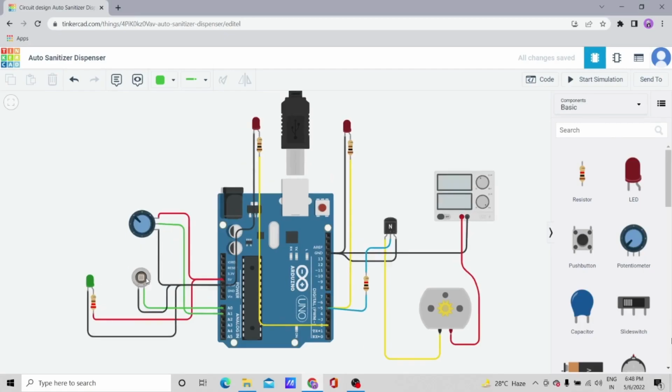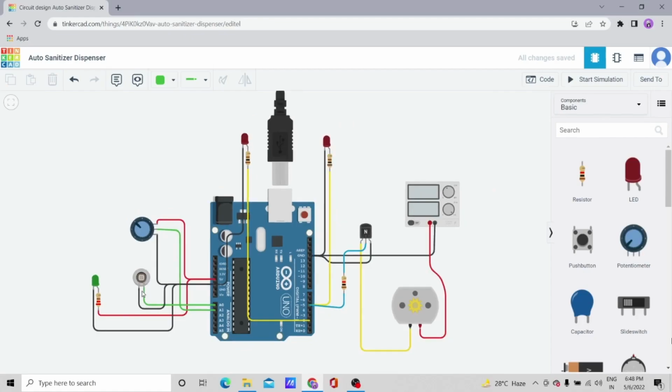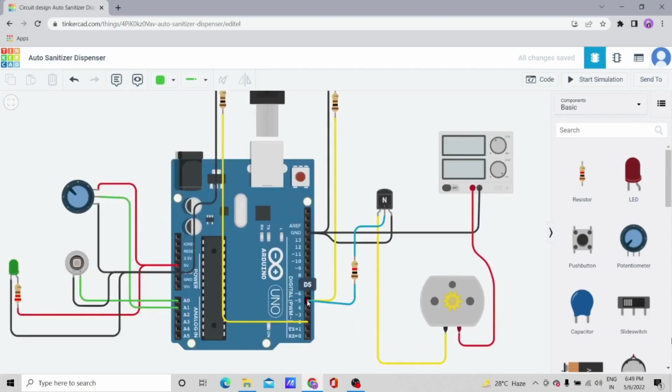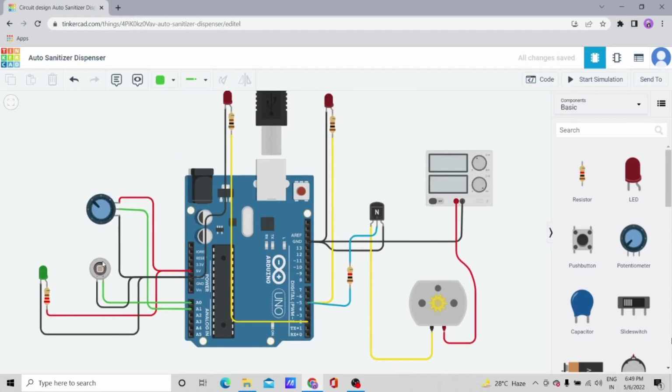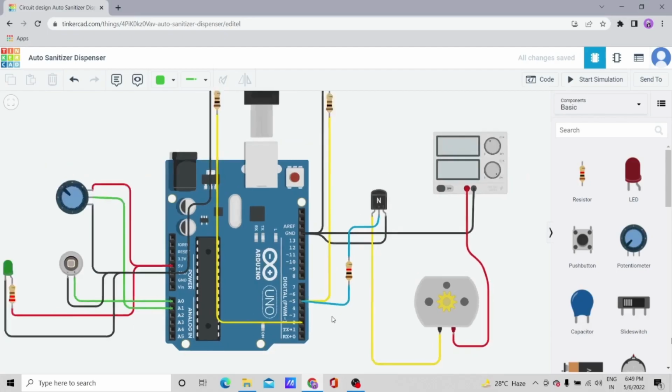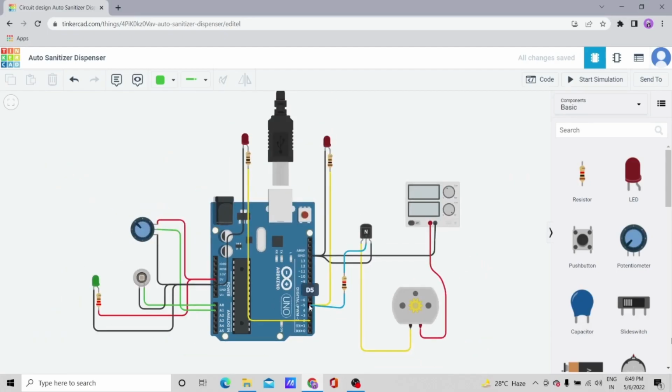Here this photodiode is working as my sensor. It is giving input to the pin A0 of my Arduino, and this potentiometer is my volume control, so it is giving input to the pin A1. This pin 5 and pin 2 in here are the output pins. For the time when my hand is below this sensor, this pin 2 gives output to this circuit and this bulb glows. And for this pin 5, from this the output goes into this transistor,